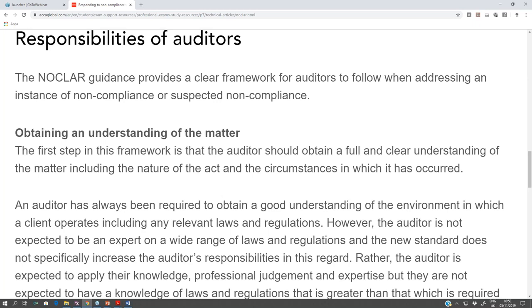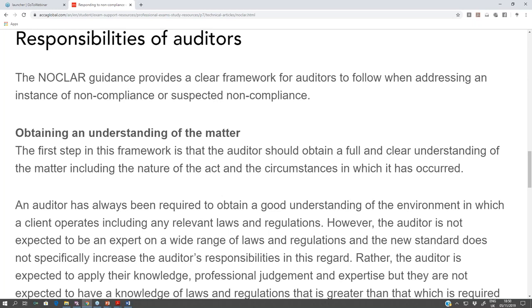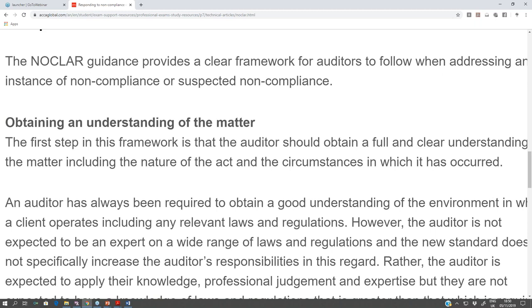And can you see the short form being used by the examiner, NOCLAR, non-compliance with laws and regulations, in the very first line? So will everyone be downloading this article, if I can get your quick answers? And will everyone be reading this article to know exactly what the auditor's responsibility is when there is a NOCLAR in a company? Because on a very regular basis,